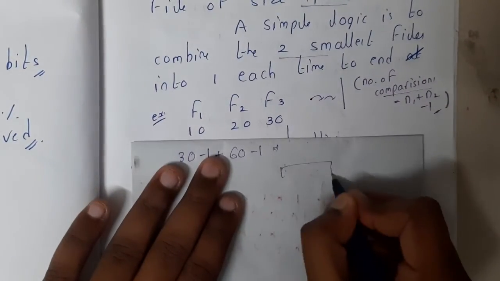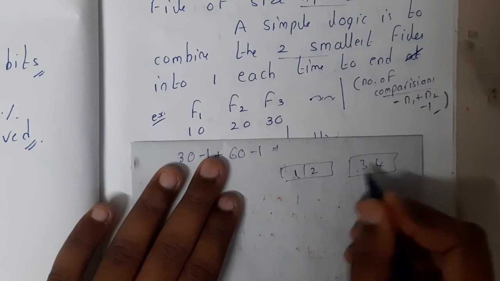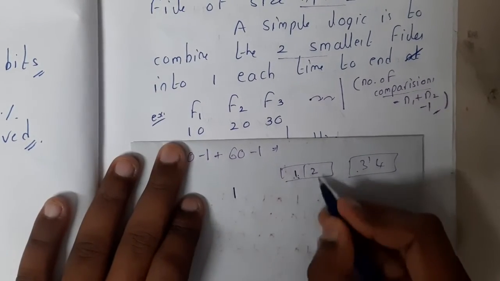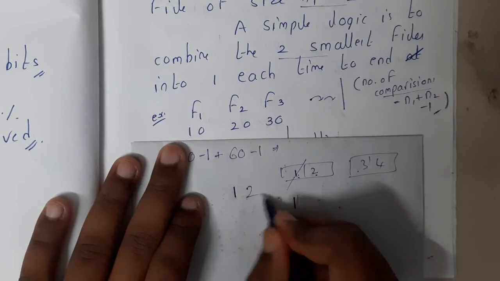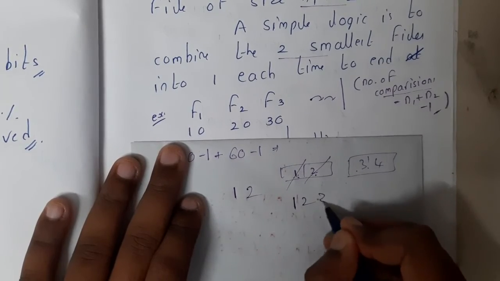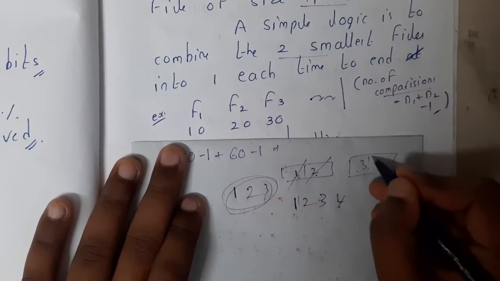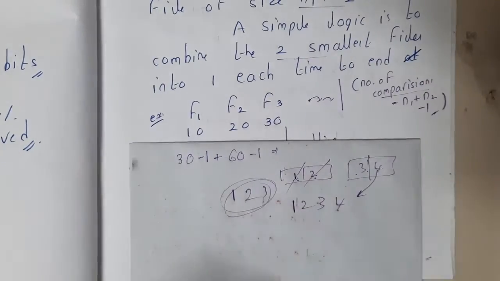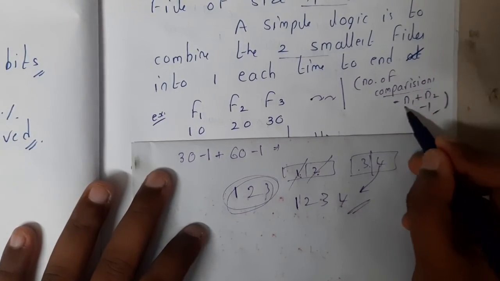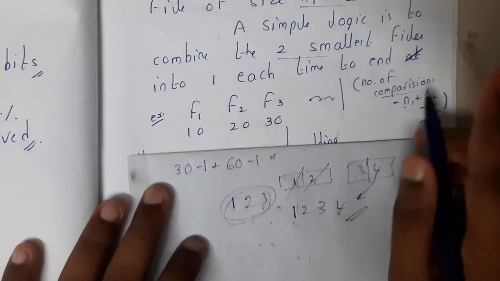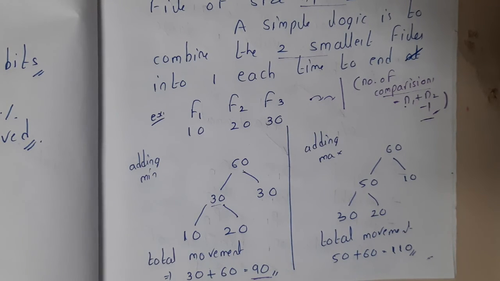Let us take a small example. Here we have 1, 2 and here we have 3, 4. First you compare these two. Which is the minimum? I have done one comparison. I assumed 1 as minimum. Again I'll compare 2 and 3. 2 is minimum. I compared, done. Then 3 and 4. So at the end I got the merged list. How many comparisons will I do? Always n minus 1, because the last element you can automatically push. Why check which is maximum, right? With that logic, you can say the number of comparisons will be n1 plus n2 minus 1. Got it? It's quite a simple problem, but the only thing is you should have a clear idea, guys.